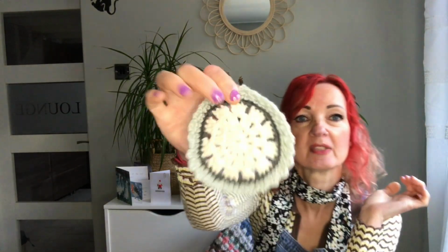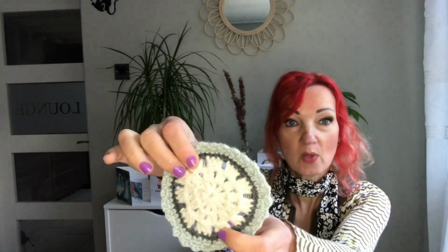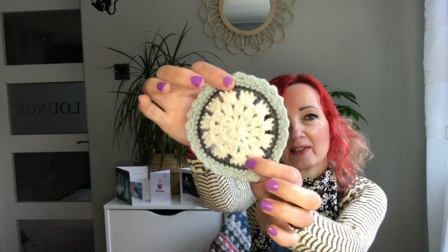So that's some crochet. I was making coasters, so I've made a few more, and I did say I was making one with the toft wool that I'd got, but I like the colours and it actually looks quite Christmassy, but it's too woolly I think for a coaster. I do like the colours and I've really enjoyed making those. I don't know what to do with them because I asked my sister if she wanted one and she didn't really want one, so I thought, well,